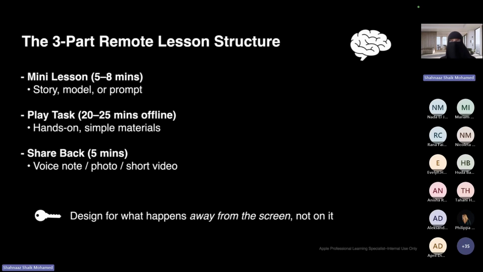The ADEC policy that was shared with schools states that a lesson shouldn't go above around 20 minutes. So how can we make sure that we're teaching, our input is there, they have an option to play, they have an option to engage with us, we have an option to check in with them, and then also with sharing back. Something that I've created for my class and my lessons is something like this, where we have the